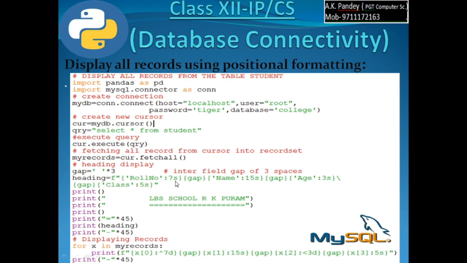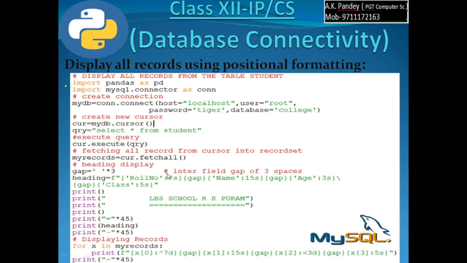In formatting characters, first character implies alignment like caret sign, less than and greater than, and second character specifies the width, that is 7, 10, 20, whatever. Third character specifies type of value to be displayed, ये जो इसका डेटा टाइप शो करता है, लाइक S फॉर स्ट्रिंग, D फॉर इंटीजर, F फॉर फ्लोट एंड सो ऑन.